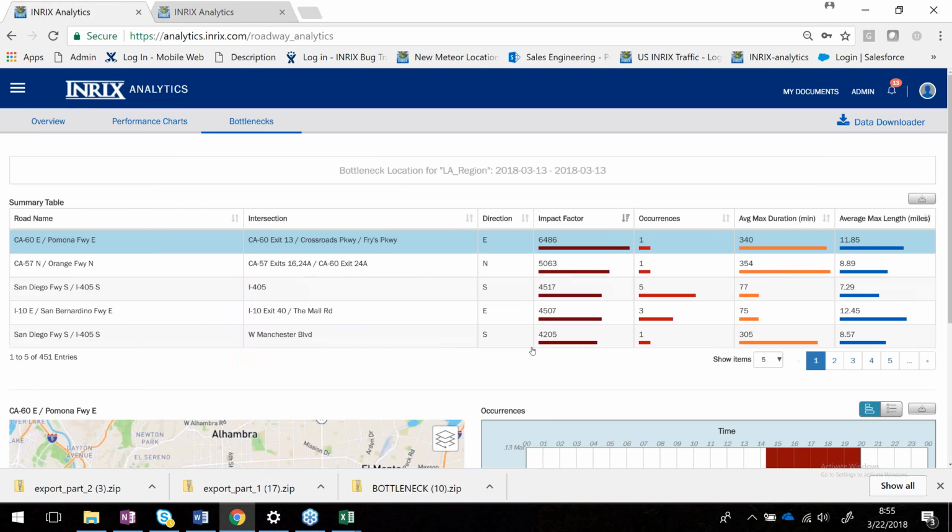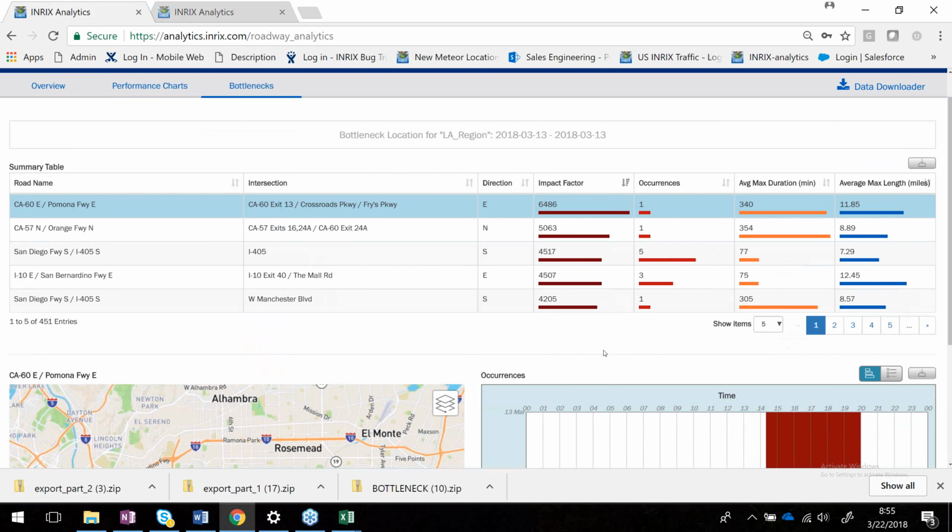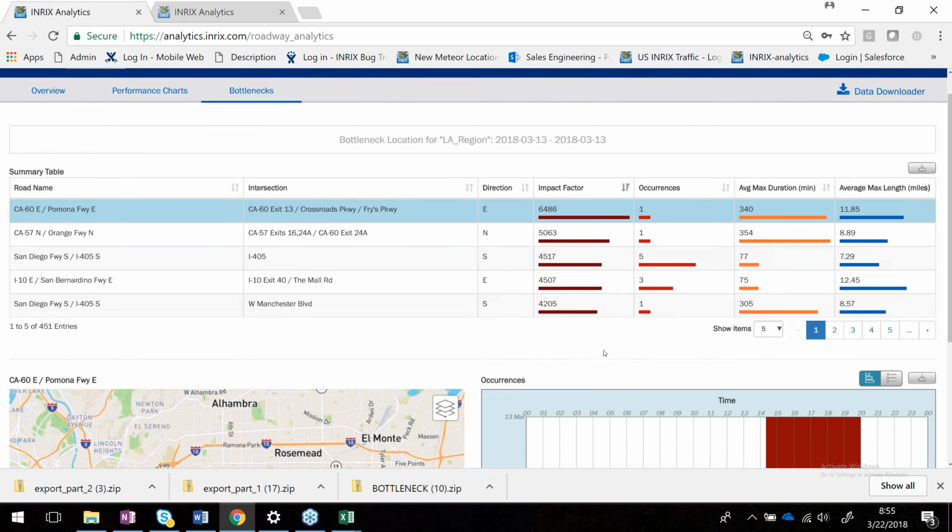Go over here and see this run. So here we have Los Angeles, only for those FRC ones. You're seeing some of the areas that are kind of the highest bottlenecks. You can see pretty quickly some of these roads. So you have this impact factor here, and you're able to see some of the roads that you might be